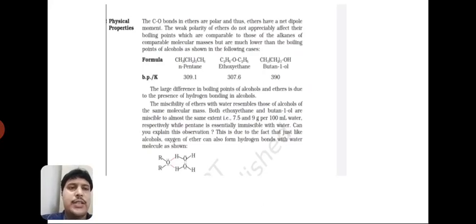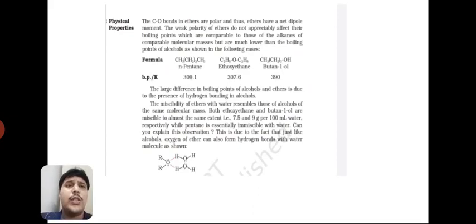We already discussed this boiling point by using ether with respect to alcohol also. So what is the order of boiling point when we compare hydrocarbons, ether and alcohol? No problem, once again I am going to discuss the point. First of all I want to discuss the dipole moment, polarity, whatever is present in the case of